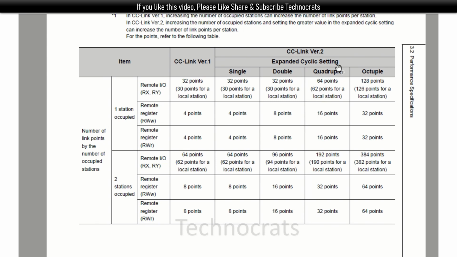So in version 2, the occupied station is similar to version 1, but here we will get the expanded cyclic setting, through which we can enhance the sharing data. For example, if we are configuring in CC-Link version 2 and occupied station is 1, for single occupancy,